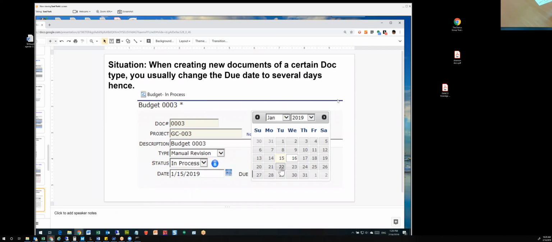Situation: when you're creating new documents of a certain doc type, you usually change the due date to several days hence. Now this works when you're changing due dates to a specific number of days hence, not just on the fly, whatever you want to make up. When you have a set number, every 7 days in the future, or 5 days, or 2 weeks, or whatever it is, instead of having someone come and change the date,